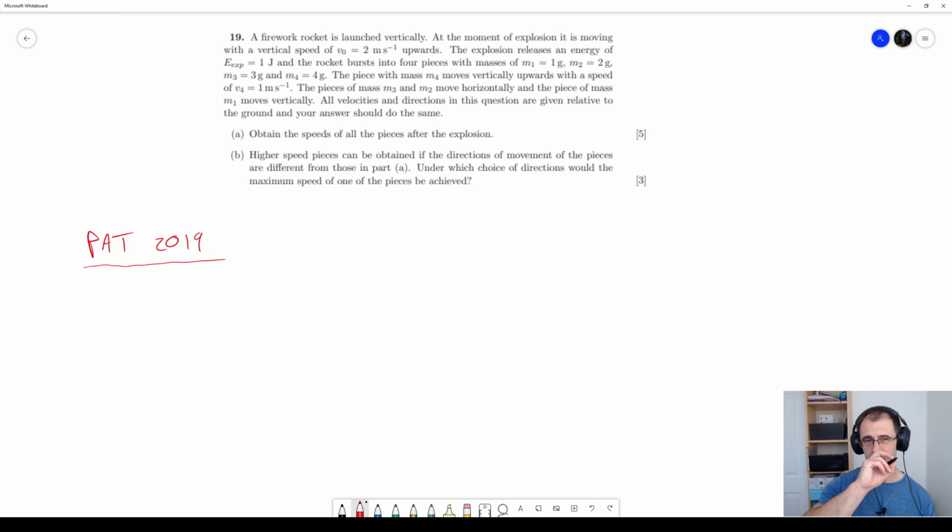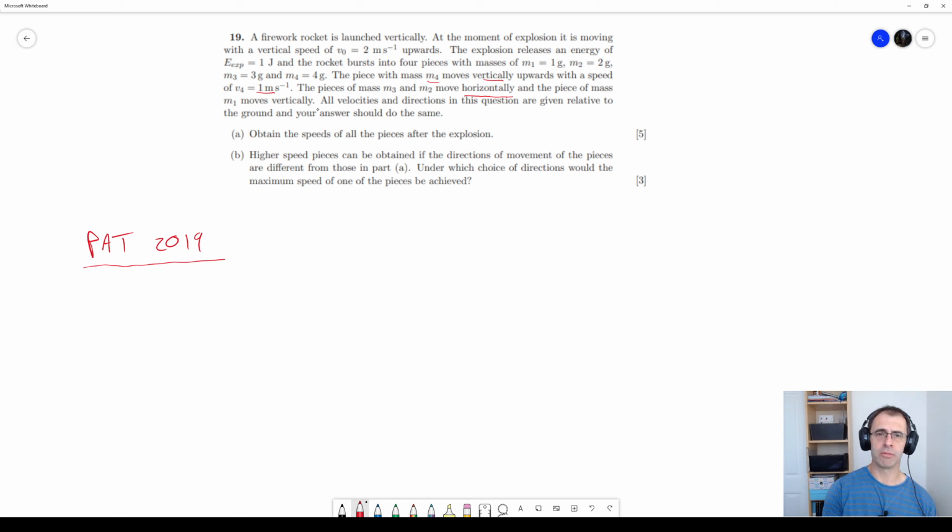So in the question, we've got a firework that is launched vertically, which explodes whilst moving upwards with a vertical speed of 2 meters per second. The explosion releases some energy, and the rocket bursts into 4 pieces with masses 1, 2, 3, and 4 grams respectively. Mass 4 is going to move vertically upwards at 1 meter per second. So that's actually slower than it was going initially. 3 and 2 move horizontally, that's important, and